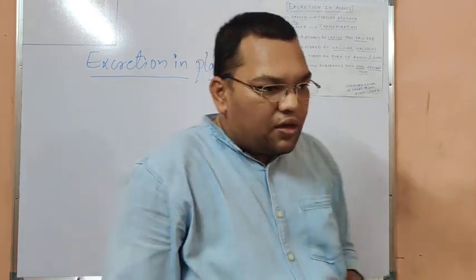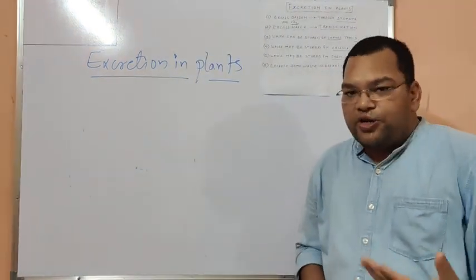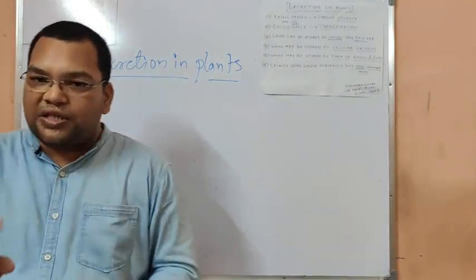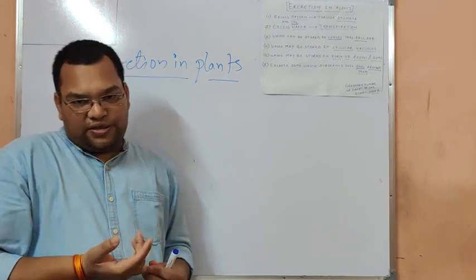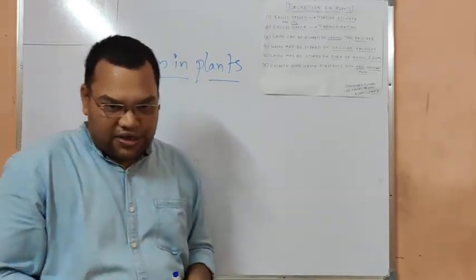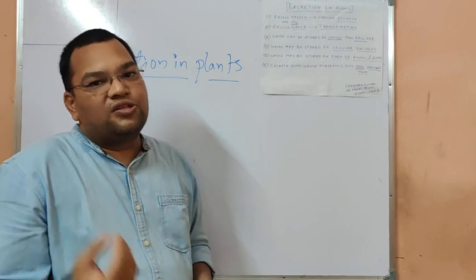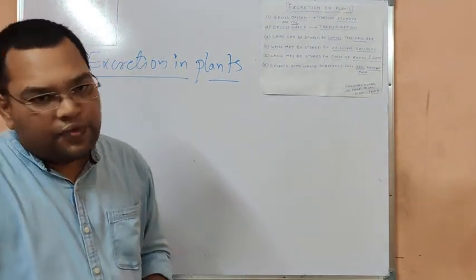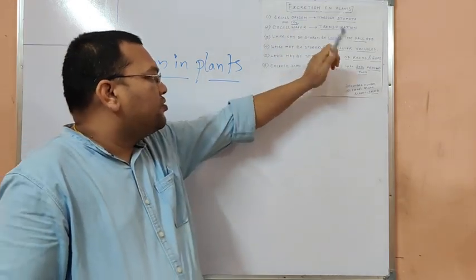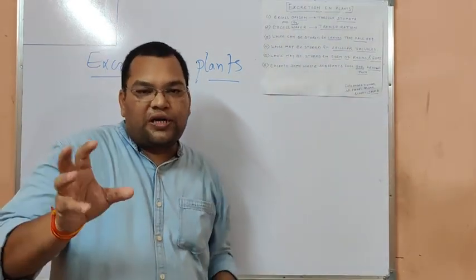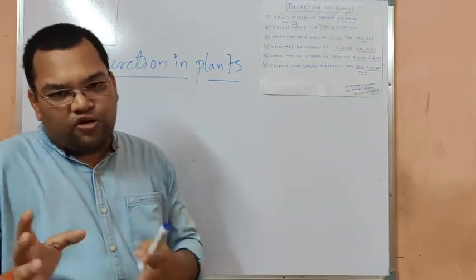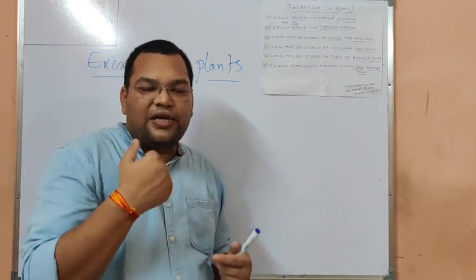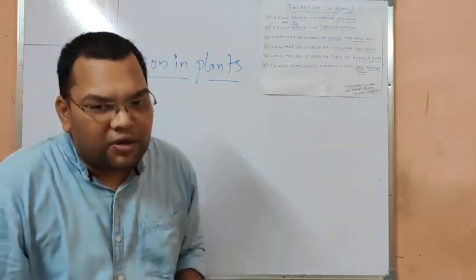Now, there is also waste produced in the plants. The first type of waste is the oxygen, and at night the carbon dioxide. So the gaseous waste is also there, and it is removed by the process of photosynthesis and respiration. Here it is written: excess oxygen and CO2 through the stomata. We already studied the opening and the closing of stomata.